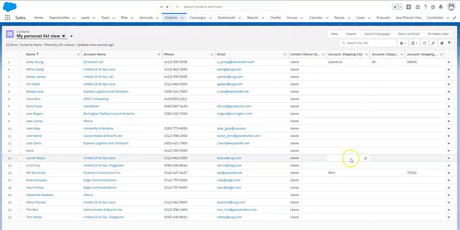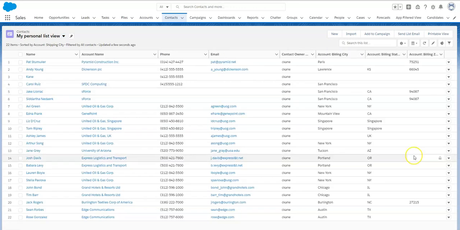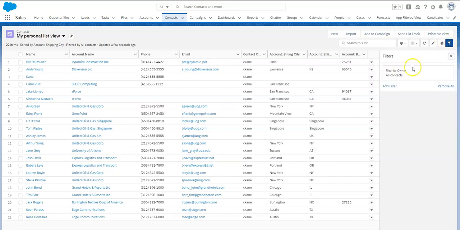Click Save. Of course, as a side note, because I'm in a Trailhead sandbox, you can see that not many of these are actually filled in. There's just a few. Because there were only a few shipping city, state, and zip codes, I did change it out for the billing city, state, and zip codes, so I could also show you how to filter a list view. In the right-hand side, in the upper corner, you click Filter,